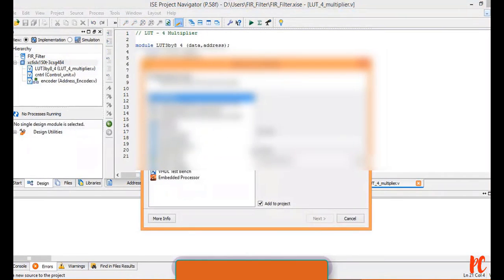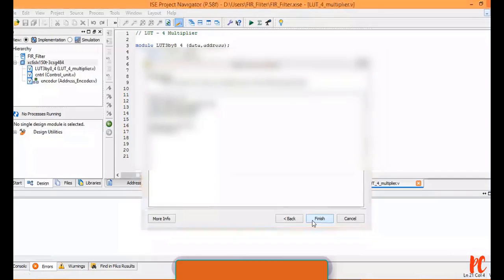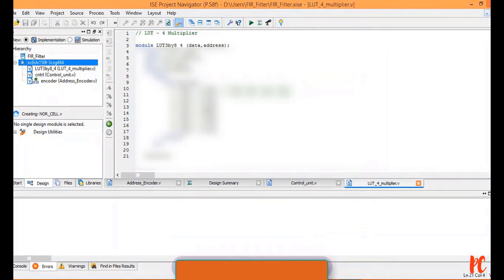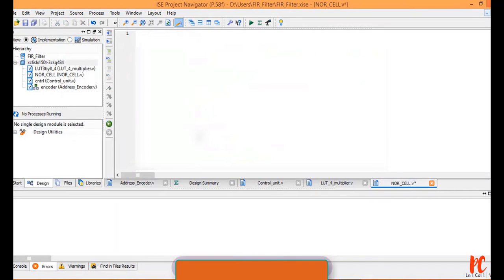Now this time I am going to design it for a NOR cell. So let me write it as NOR cell, which is nothing but low reset.